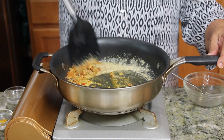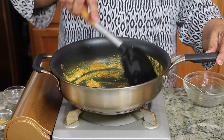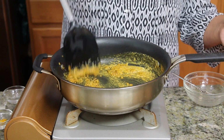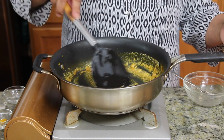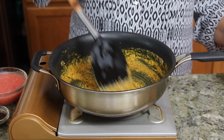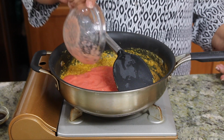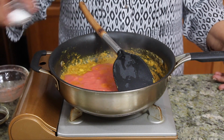So spices are cooked really well and it has a very nice aroma. The spice mix is ready. It has cooked really well. So now I am going to add the tomato paste, salt